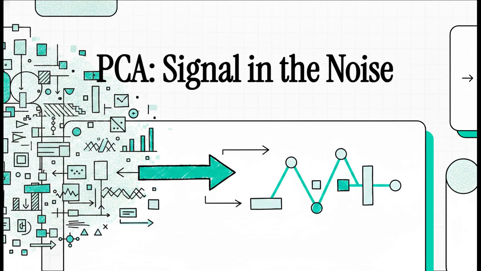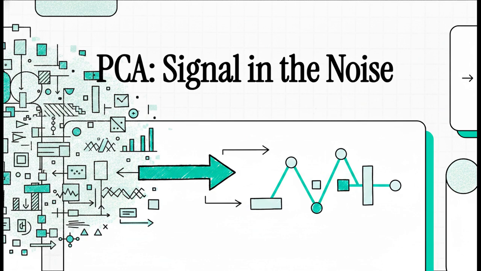If you're working with data today, you're probably well aware that we are absolutely swimming in it. We aren't just collecting a few data points anymore. We're gathering hundreds, sometimes thousands of features for every single observation. Whether we're looking at high-resolution image pixels, complex financial indicators, or deep customer analytics, our datasets are literally massive. But here's the catch. More data doesn't always mean more information. A lot of the time, it just means more noise. So our goal today is to figure out exactly how PCA helps us cut through all that clutter to find